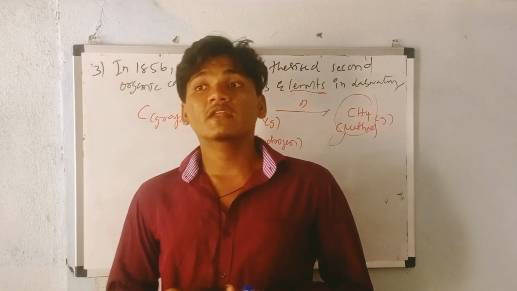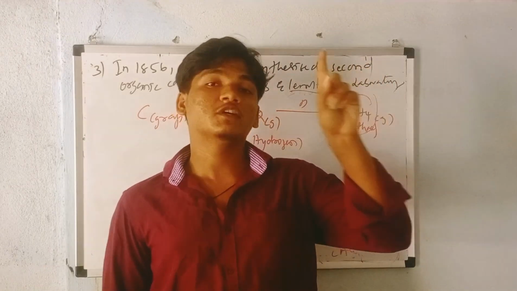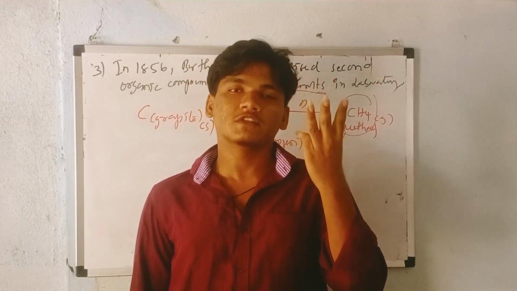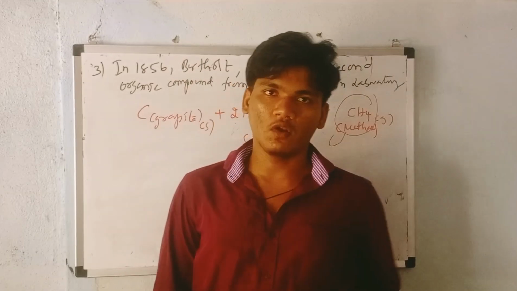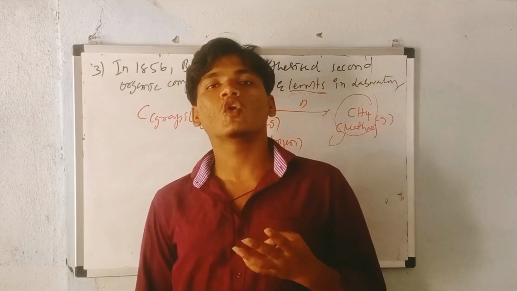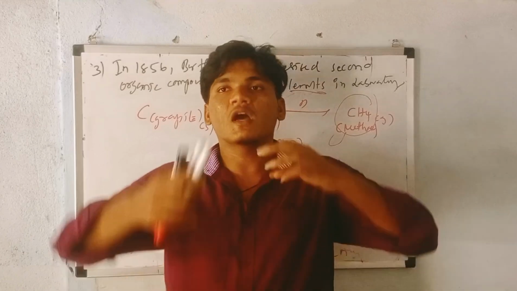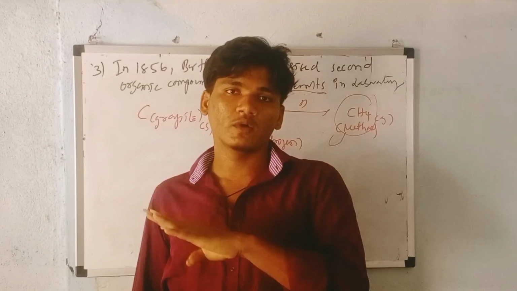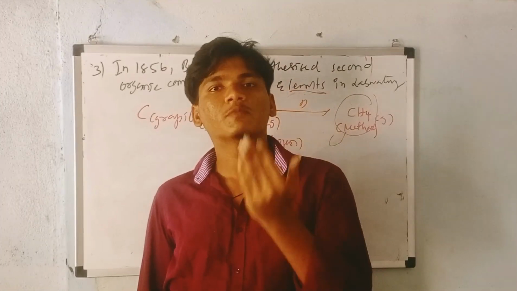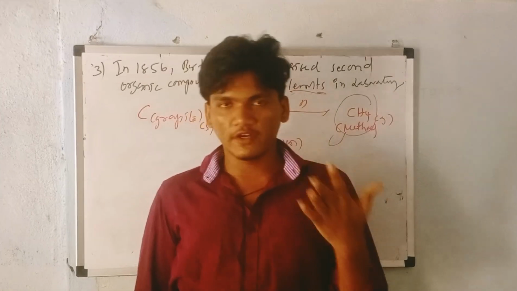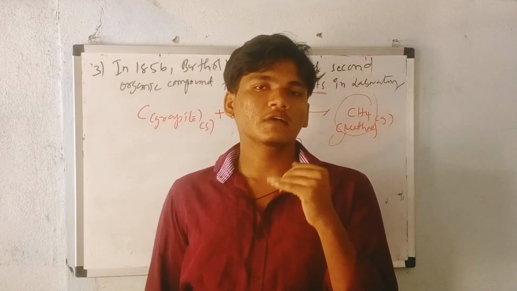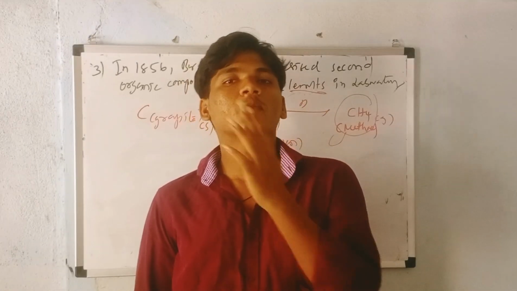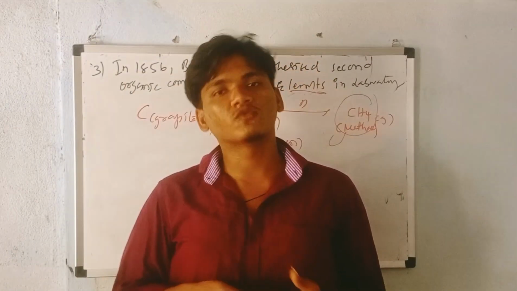I hope you understand. This is about the scientists, right? First we discussed Berzelius, later Wöhler, third Kolbe, and fourth Berthelot. It is very important what they did, what their contribution was, and in which year. If they ask a matching question, we have 4 scientists and what they have done. If they talk about Berzelius, he proposed the vital force theory. If they talk about Wöhler, talk about urea. If they talk about Kolbe, talk about acetic acid. If they talk about Berthelot, talk about methane. This is very important.